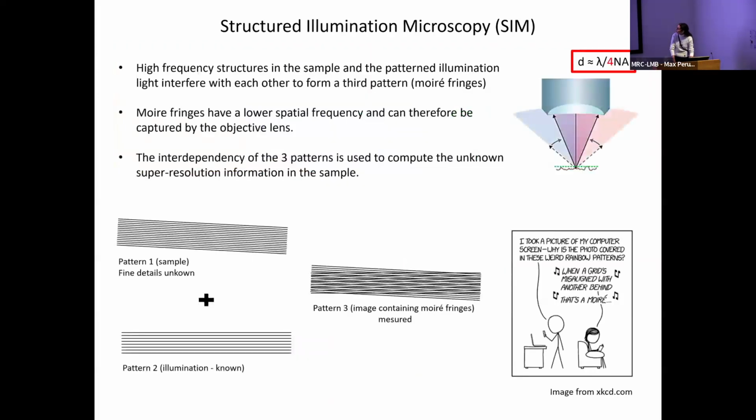So first, structured illumination microscopy, or SIM. The technique uses a known illumination pattern that is formed with a grid in the light path. As you excite the sample, instead of having a homogeneous illumination, you have that illumination pattern going on top of it. That creates interference that generates a third type of pattern that can be measured. With that generated pattern, you can resolve structures that you would not normally see. To get a bit more into detail on this concept,